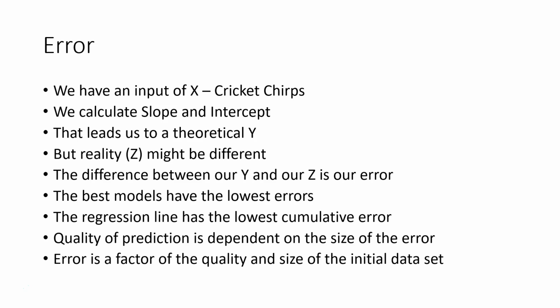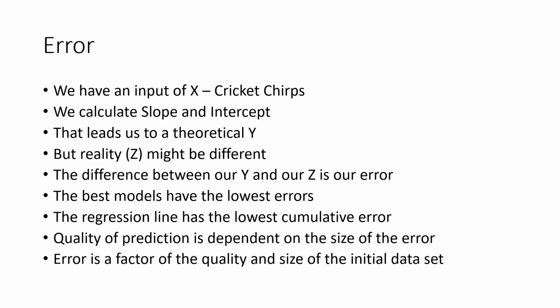We might take more variables and put more input variables into our linear model, and that can reduce our error. But the goal is to get as close as possible to an accurate prediction. Have we already seen that the regression line, when you draw it to calculate your slope and intercept, is the one that has the lowest cumulative error for all of the data points